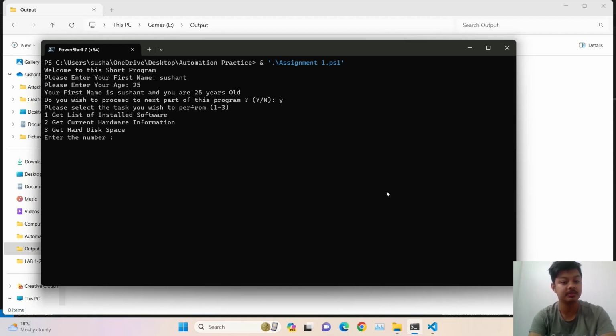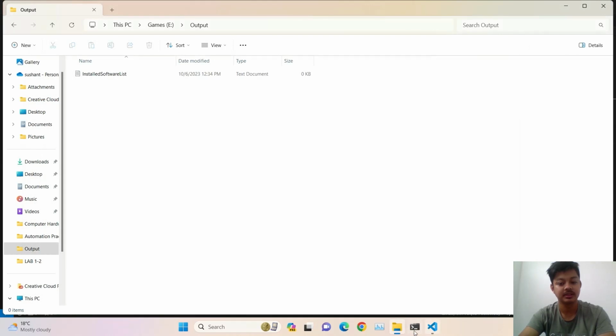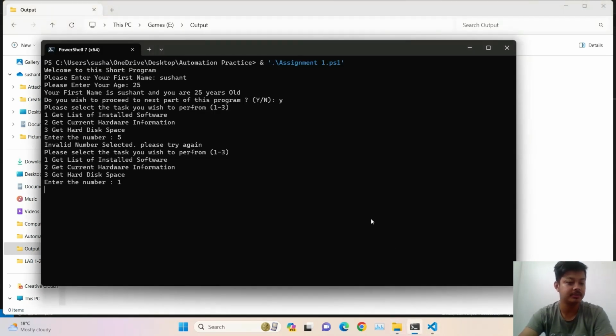After getting the response, the program asks me to select any of the tasks I wish to perform. Let's say I selected, by mistake, an option which is not on the screen. The program prompted that the number I've selected is invalid and to please try again. So now I'll get the list of the installed software, and once I select it, it says it's working on that list. It's trying to get that list to the output here. Once that is done, it should give me a prompt saying that my request was successful. Let's wait a few seconds for that to happen,